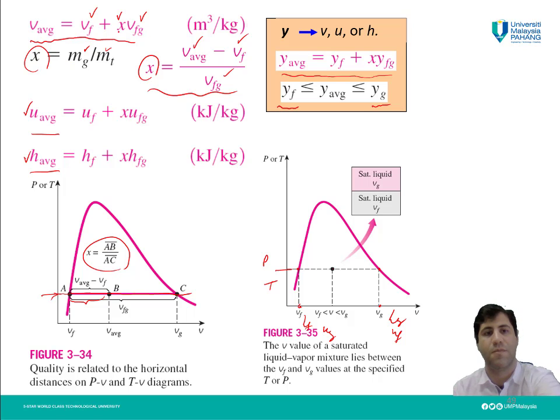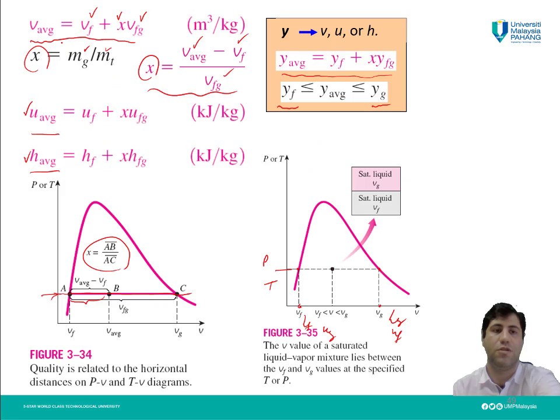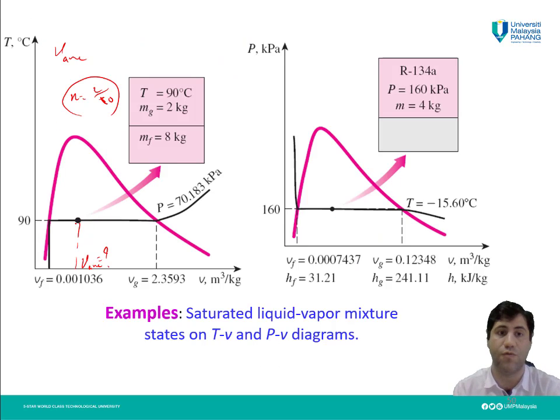We have x, we have Vg, we have Vf, then we can calculate Vg minus Vf, which is Vfg. Then simply we can use this equation to find the average V for this point. And same for other materials, other substances, also for